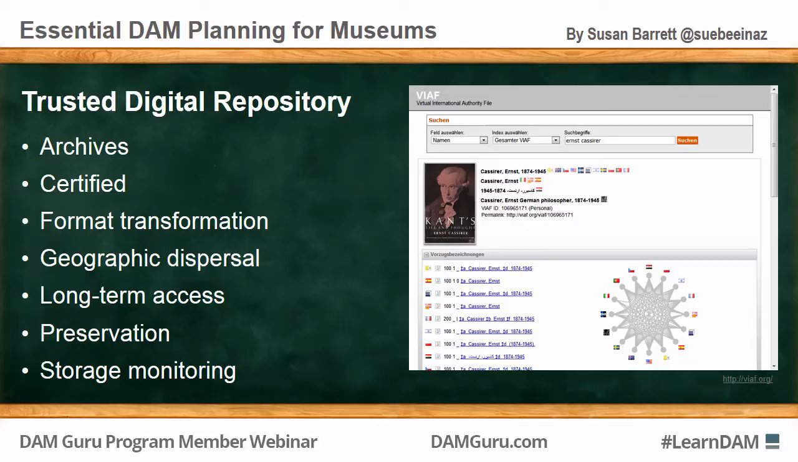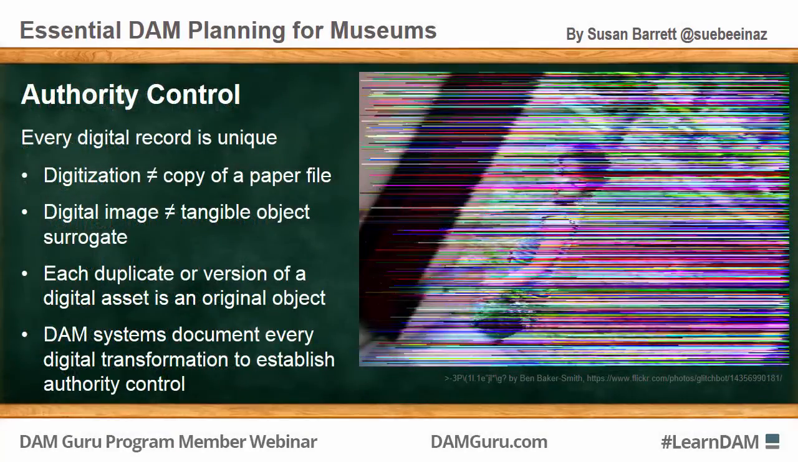And trusted digital repositories actually have a certification process, and they manage format transformation from old formats to new formats so that your digital assets are always accessible, utilizing the newest software and computing hardware. Digital assets are born digital. Images of tangible artifacts are unique and original. For example, scanned documents or digital copies of an audio tape are original digital assets, regardless of how they are